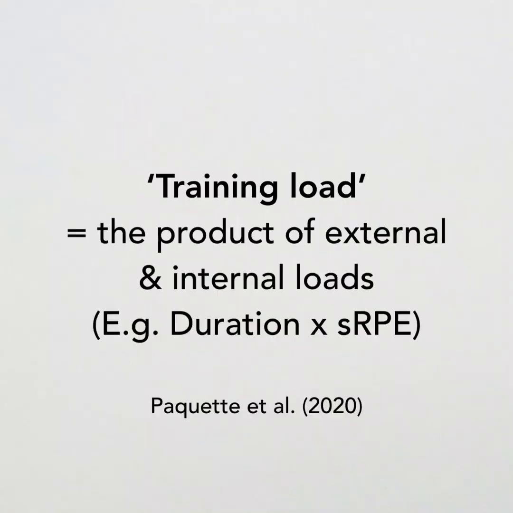Now, training load then is the product of external and internal loads. So looking, yes, at things like duration and distance, but also response to that duration and distance. So a nice example here might be combining duration with session RPE. So perhaps multiplying the minutes of exercise in a session by the rating of perceived exertion score that someone's giving in that session. So if the session was 100 minutes and they've scored it a 4 out of 10, it's normally a score out of 10 that's given,